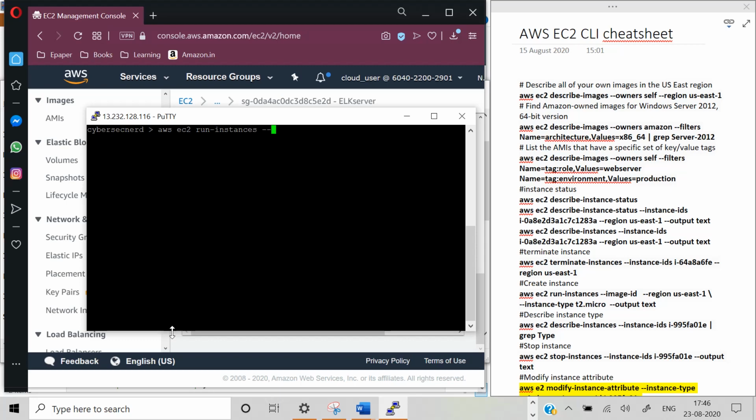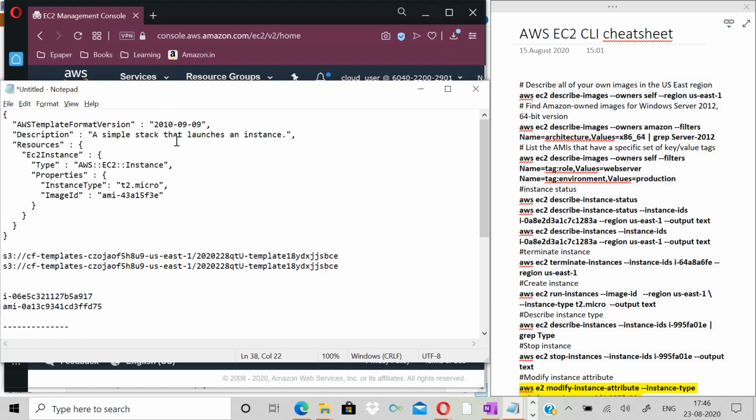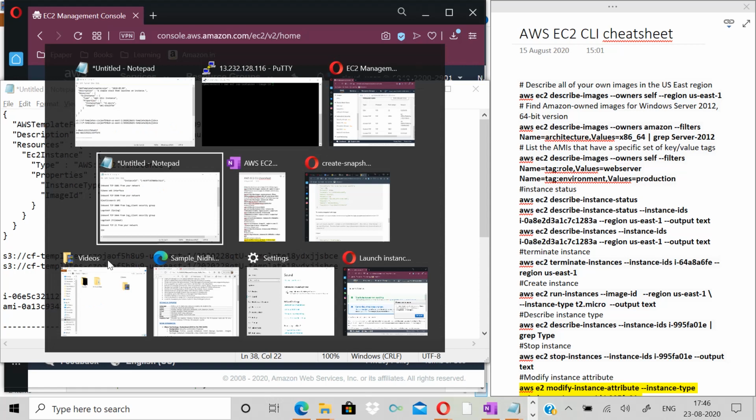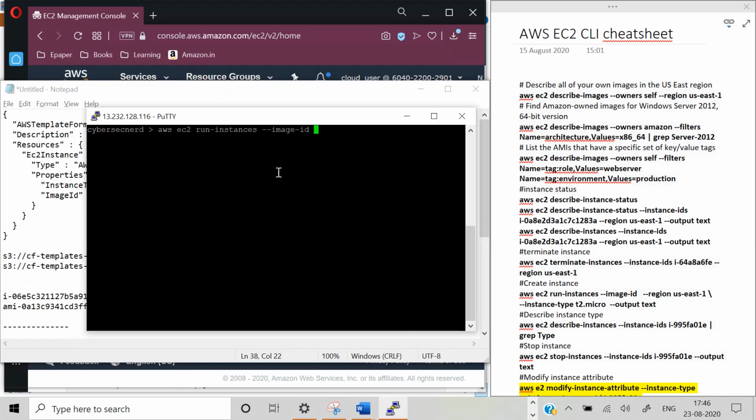Again, I need to give the image ID, and I will be giving the default image ID which is available in the free tier.